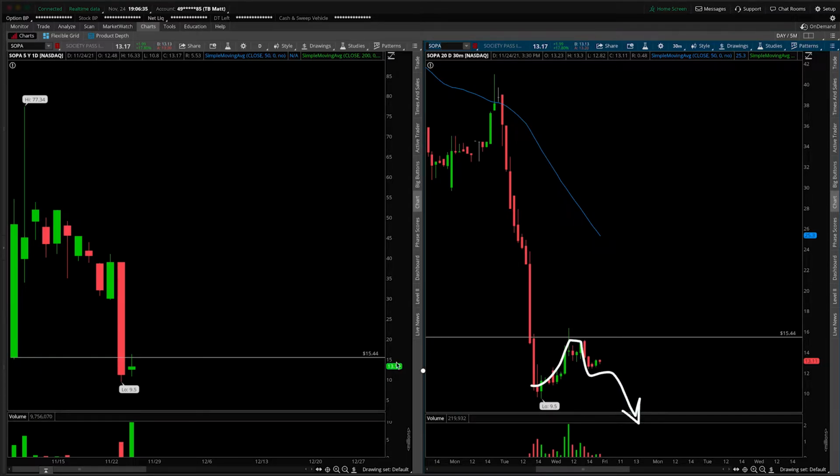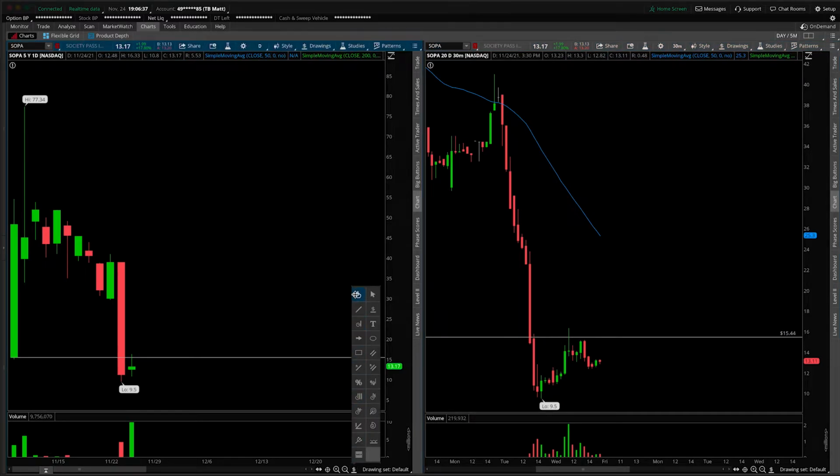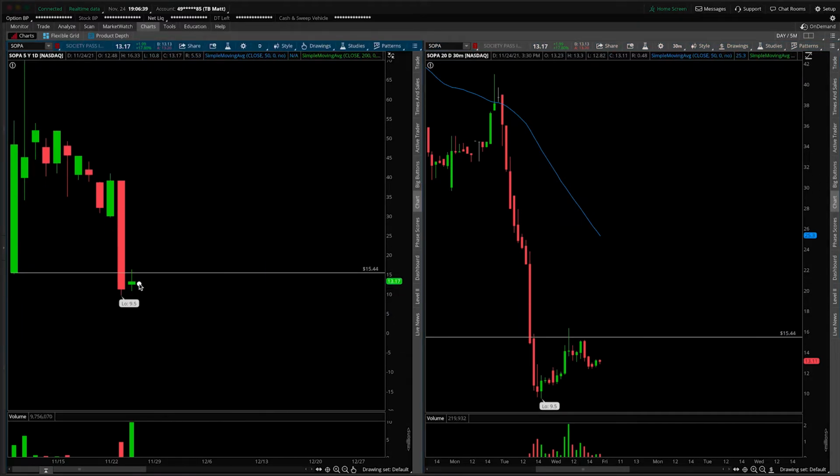So what do you want to watch out for? Well, quite simply put, it's the same exact thing as what we discussed in the other day's video. Some sort of double bottom down here, break of the neckline takes you back higher, some sort of inverted head and shoulders, something like this. It could look like a falling wedge. There's a very common pattern that looks like this. Consolidation, breakout up that could take you higher, some sort of pattern,